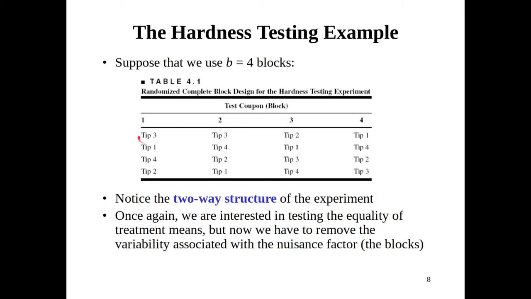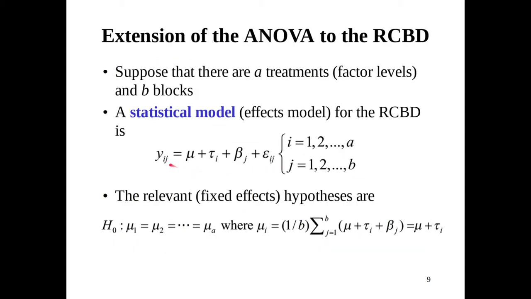In reality, every time you conduct the experiment, you're going to get a different result. That variability can be classified into these 3 groups. So we have the mean, right? Plus the individual observation consists of mean mu plus tau sub i. Tau sub i is basically the variability contributed by the factor, the tip in our case, plus beta sub j